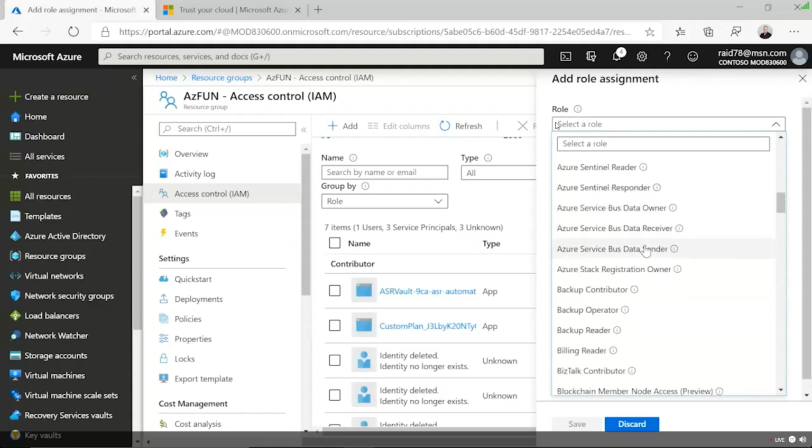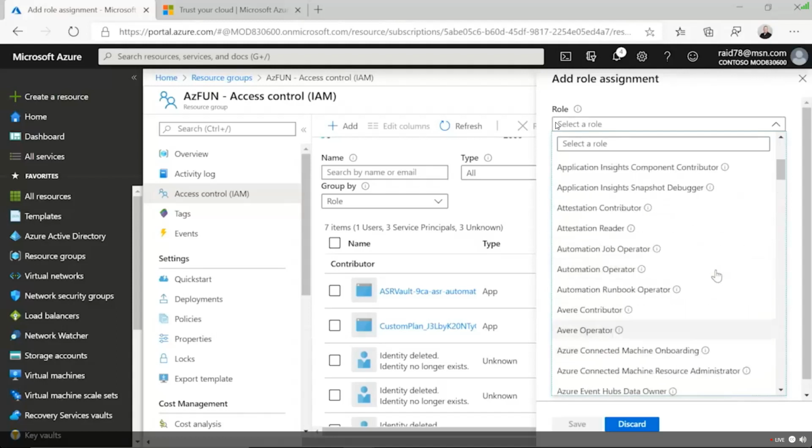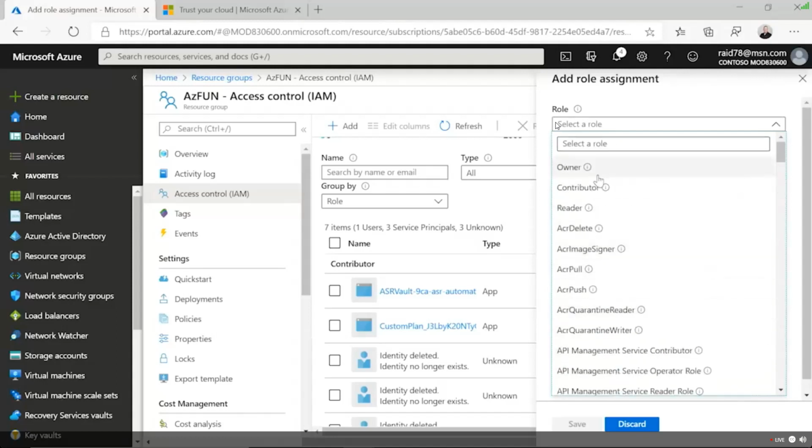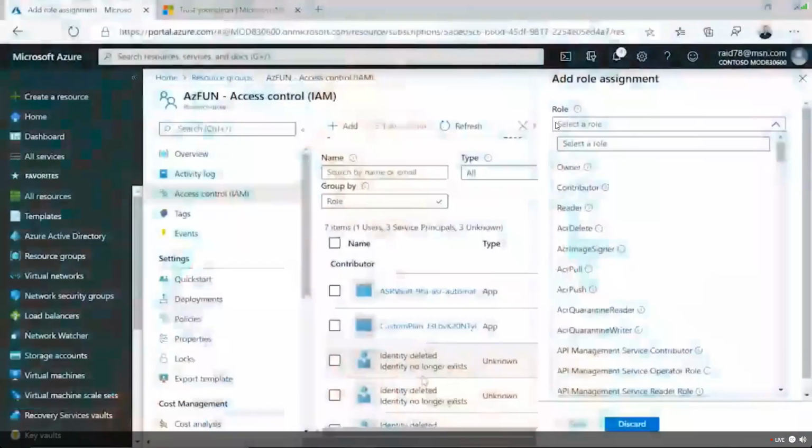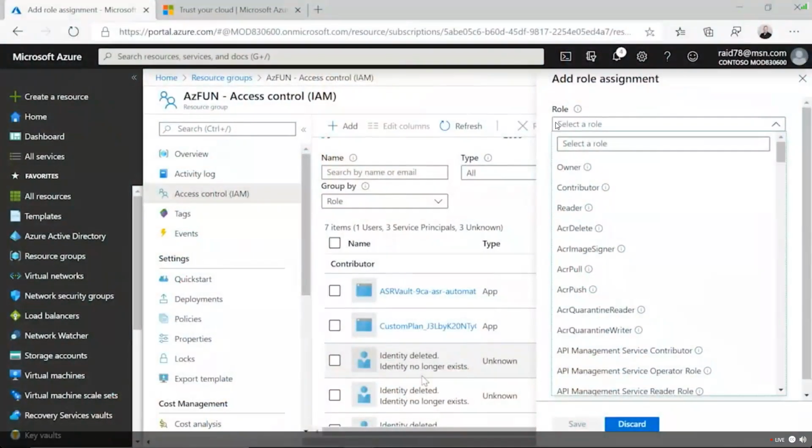But the three big roles at the top, you see owner, you see reader, you see contributor. So it really starts with these three roles at the top: owner, contributor, and reader. The owner of the resource can do anything inside. In this specific case, it'll be anything inside of the AZ Fund resource group. That's my scope. They can do whatever they want. They can control the resources. They can even modify the access control list here on the screen. They can even control locks. They have full ownership over that.